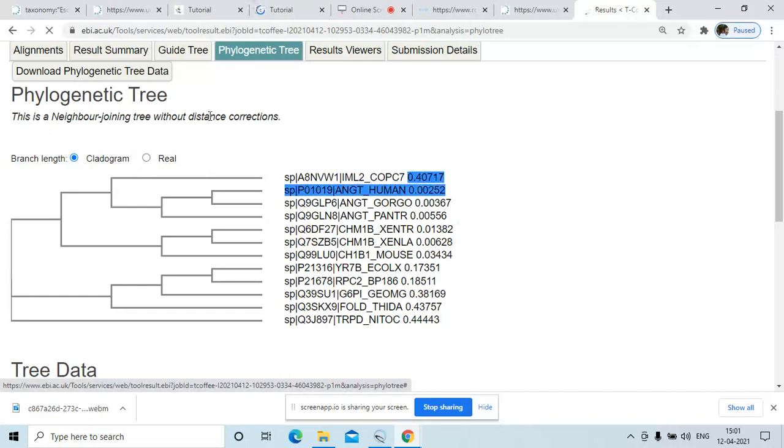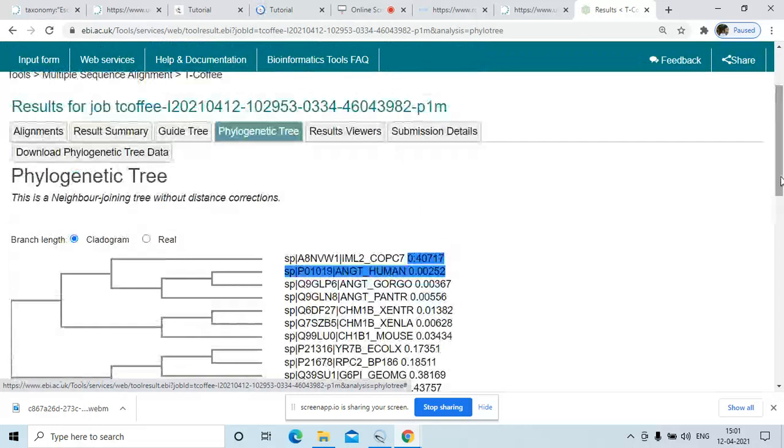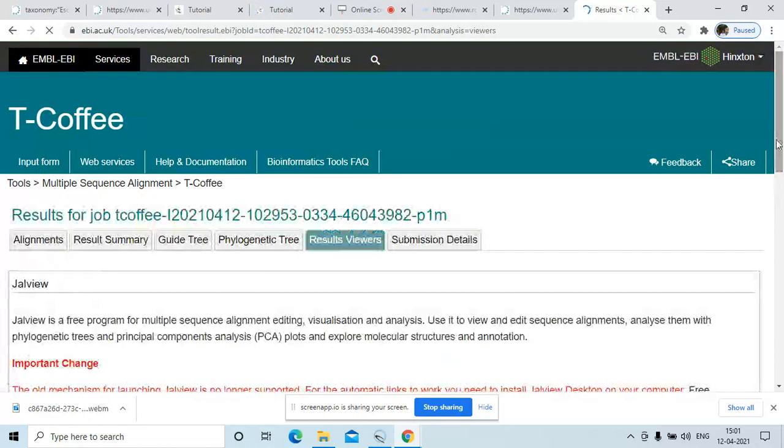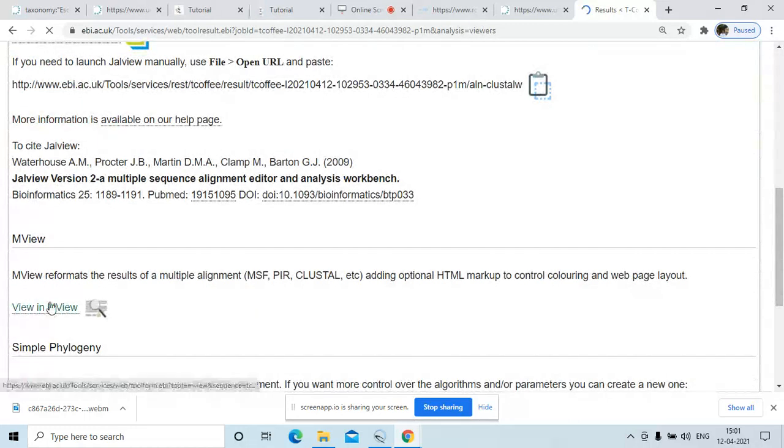So how to analyze this in a graphical way? Let us go to result viewers. We will click on result viewers, and we can see the identities using view in MView. MView reformats the results of the multiple alignment in a colored format in a web page layout.